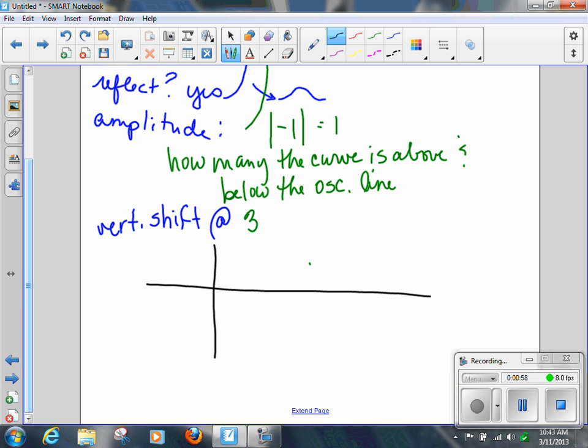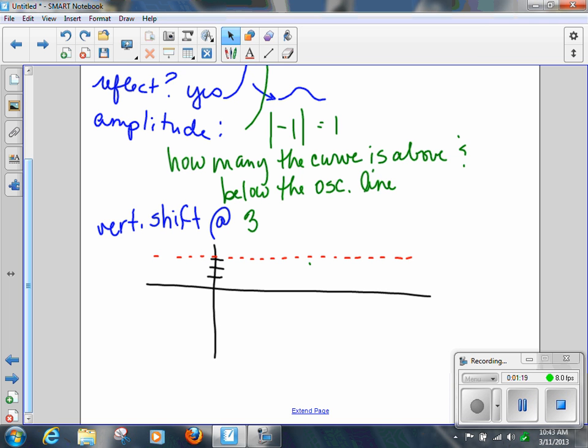We're not worried about period right now. Don't worry about the period. We're going to get to it. We're taking baby steps. We're going to get back to it at the end. Oscillation line is at 3. So 1, 2, 3. This is where I like to use